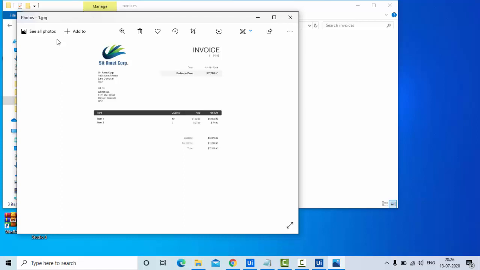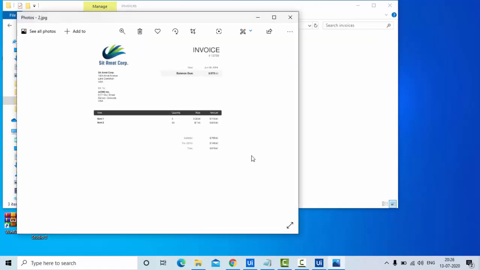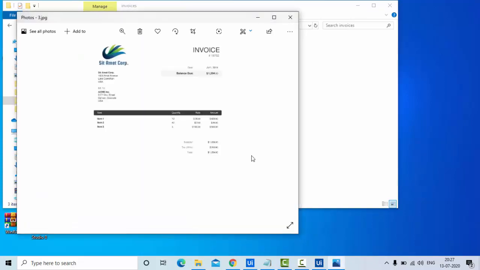So now you can see I started executing. The first file got loaded, now you can see the value, and then it will close. Then the second file will get loaded like this, and it will load the invoice number and value, and the third file, invoice number and the value. Sometimes this value may not be accurate because being an OCR, you cannot trust this all the time.